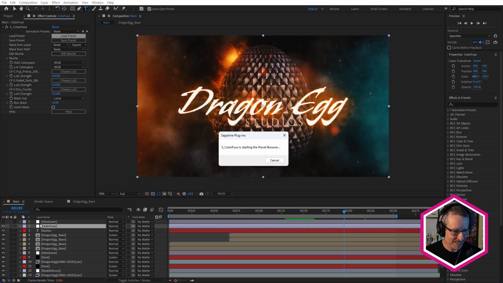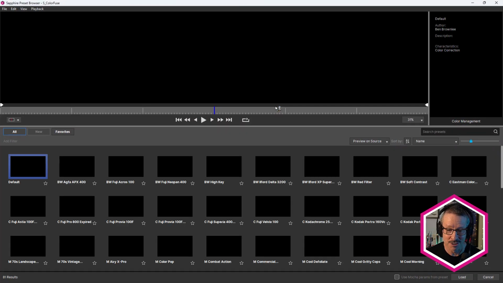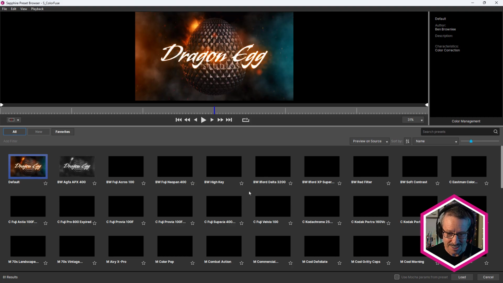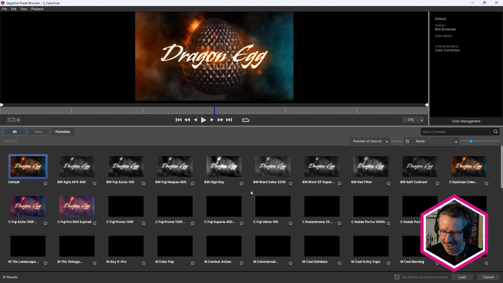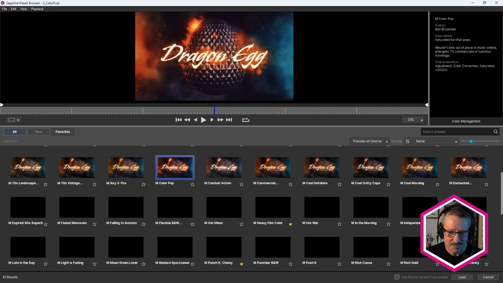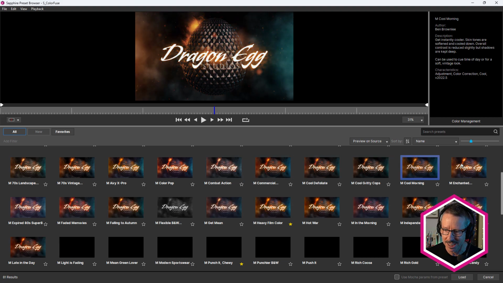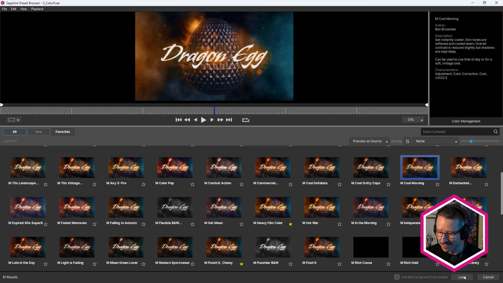I grab an adjustment layer, stick it at the top, take a look at the presets, and click through the different presets until I find something that I like, and just go with that. I really don't do any more than that with Color Fuse. Ben has made so many great presets that I can just click on them and just cycle through until I find something that really works with my shot. And that's what I did.